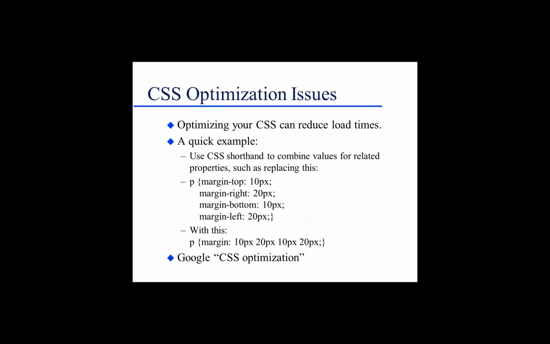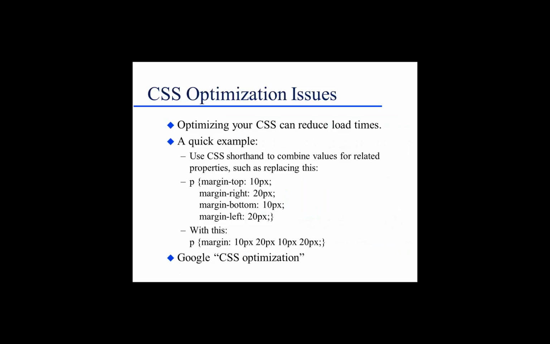All right, finally, CSS optimization, which is a fairly new thing. But what it means is simply, in a nice circular definition, optimizing the CSS. In other words, there's shorthand within the CSS standard that lets you reduce the footprint of a property definition. For example, if you want to set the